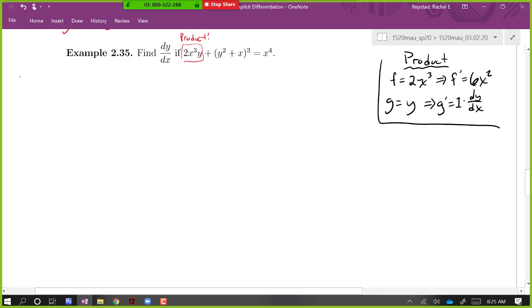If we're taking the derivative, we'll start right off with the product rule here. So g times f prime is y times 6x squared. f times g prime is 2x cubed times dy dx. So that takes care of the first term. Next,